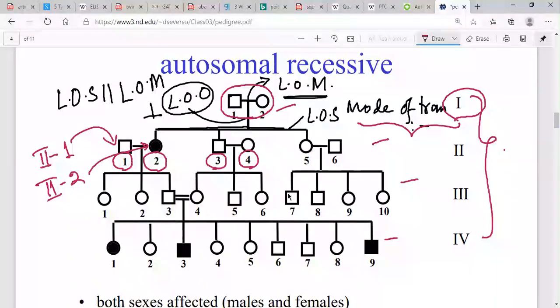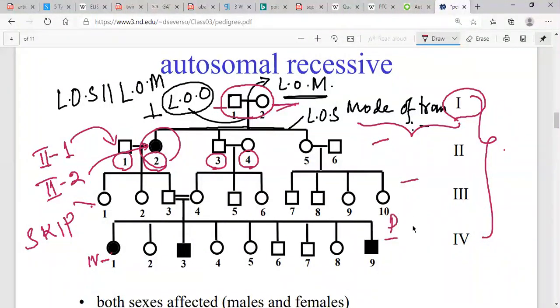So you can see it is definitely a recessive kind of pedigree, because you can see there is a skipping of generation. Means in this generation there is not a single parent affected, but here you can see the affected person. Again there is a skipping, so not a single member of this third generation is affected, and here again you have an affected member like 4-1, 4-3 and 4-9. So it is a recessive trait definitely.